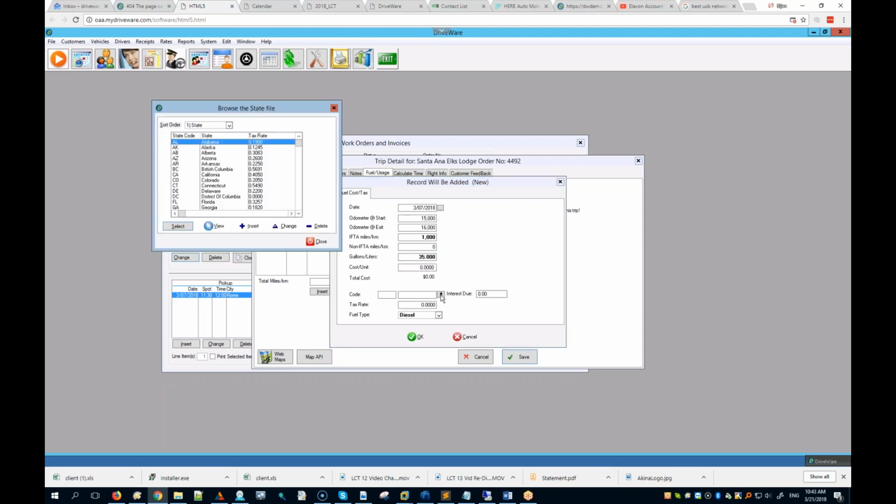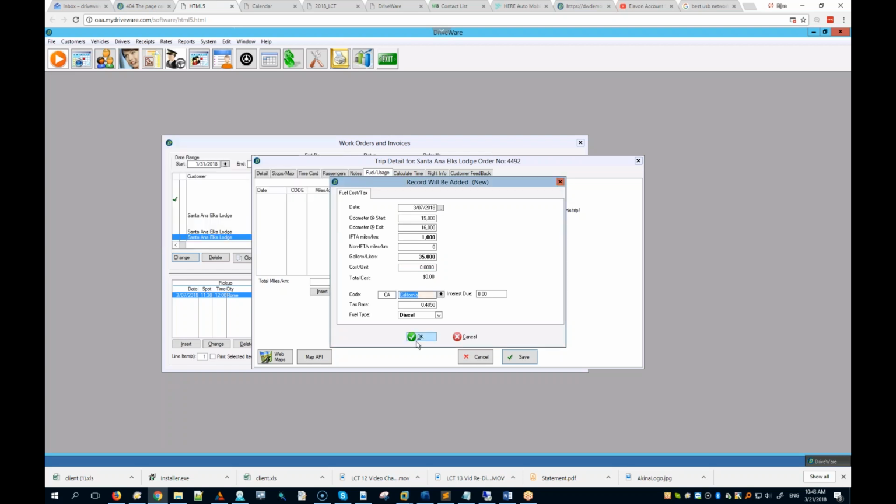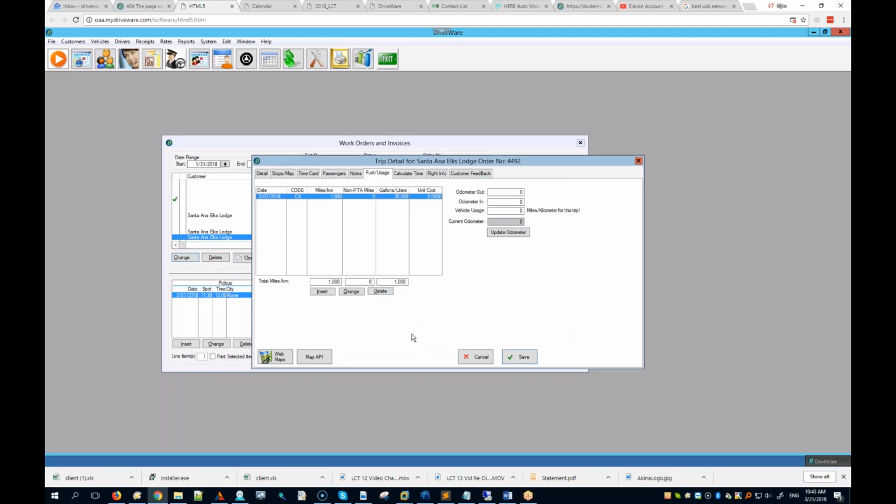And of course, you can also categorize this by state. So you could say, okay, this was all in California, and I save that. So it's saved, and I can put multiple entries in here. I might have traveled in California, Arizona, Nevada. So you can put that information in here. Once that information is saved, then you can go ahead and look at this information